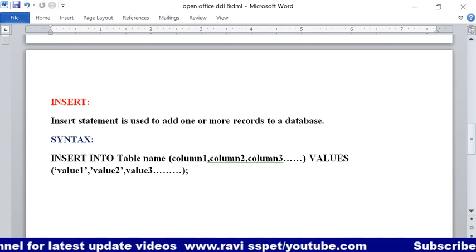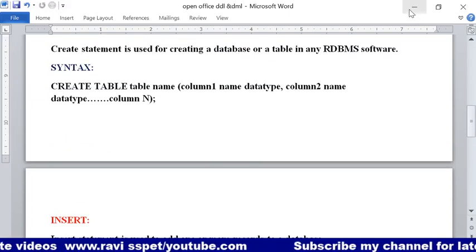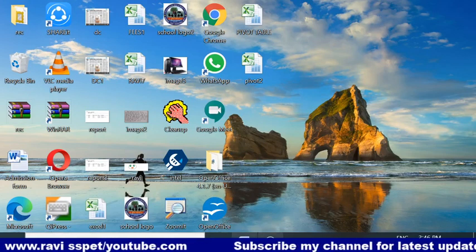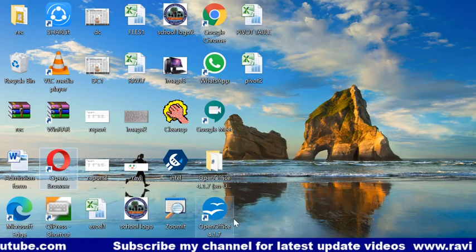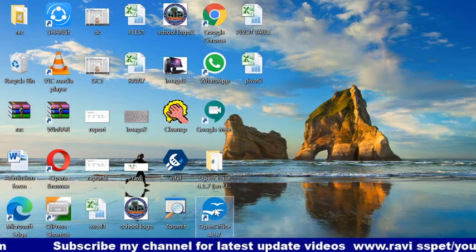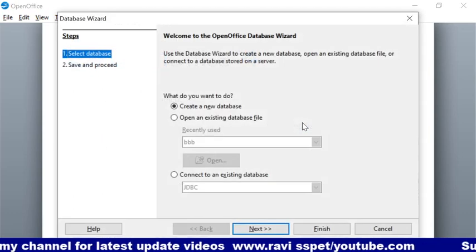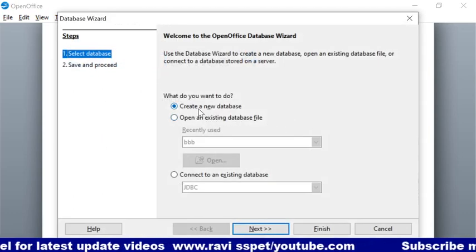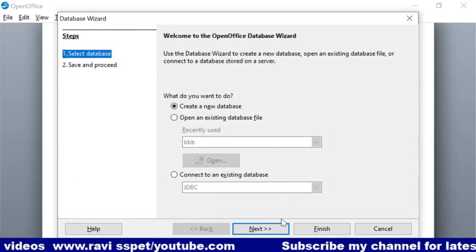Okay, so now let us see this create and insert in the OpenOffice. To open OpenOffice, click on this OpenOffice icon. After that, click on database. Here if you want to create a new database, create a new database.